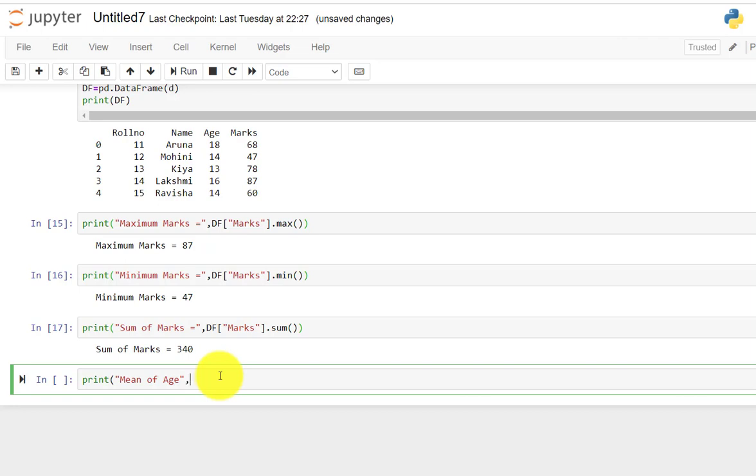So simply write here mean of age. And then how can you execute it? In which data frame are we performing? In the df data frame. And in which column? Now we will change the column. We want to find the mean of age, so that's why you have to pass the age column into the data frame. So we will write age. Clear? So we pass that column into that data frame.